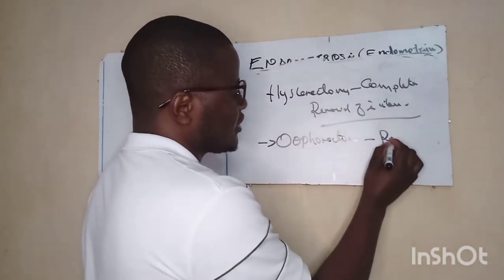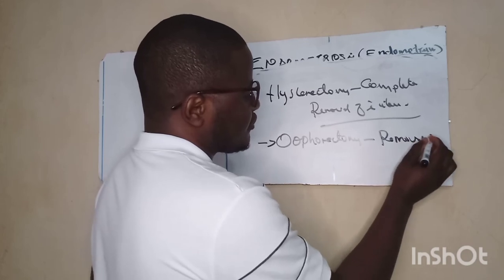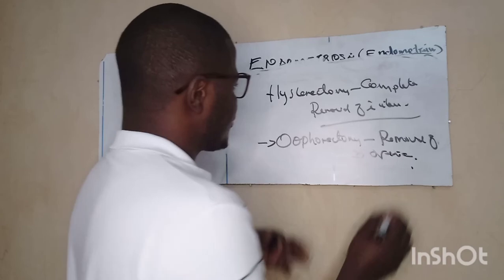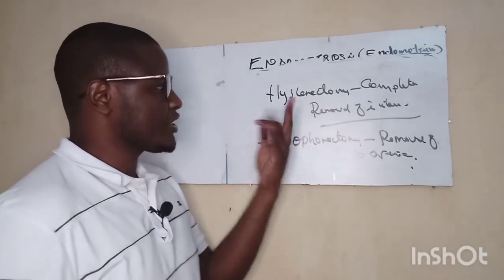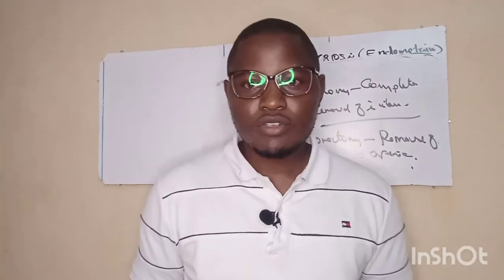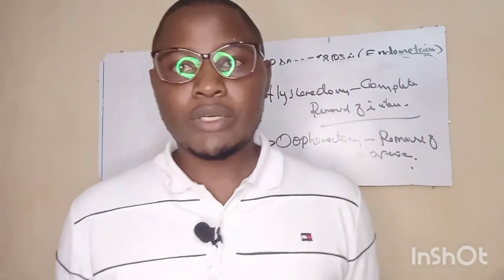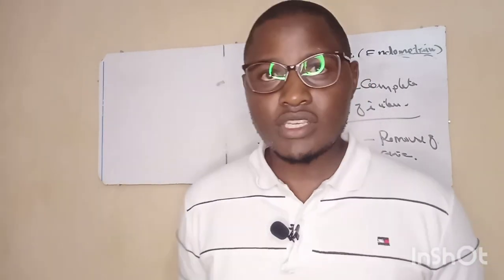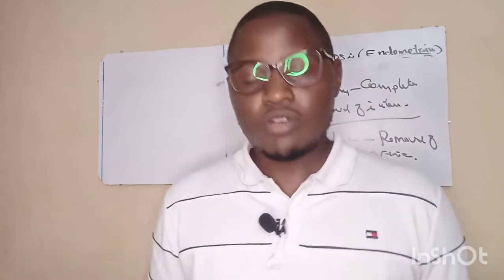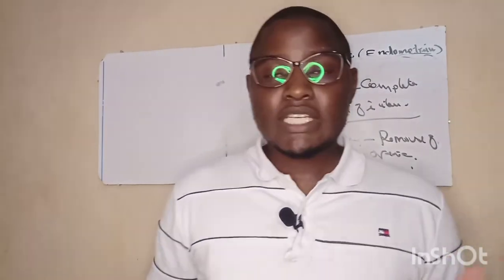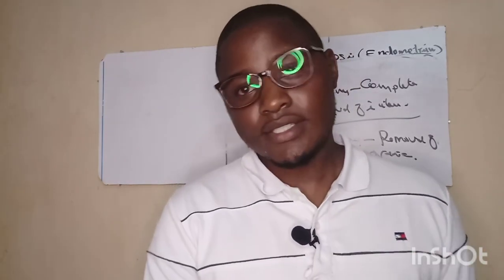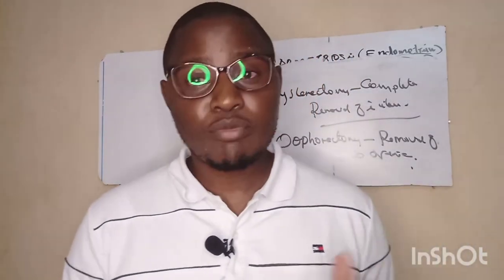Oophorectomy is the removal of the ovaries. So we can decide to have either oophorectomy or hysterectomy. Any surgical procedure can be done to make sure that we are easing you from all these issues about endometriosis. But in most cases, kindly remember the signs and the symptoms that are associated with endometriosis,